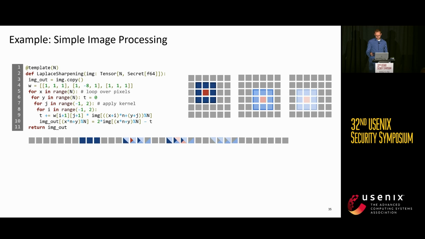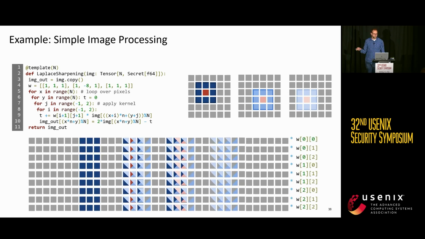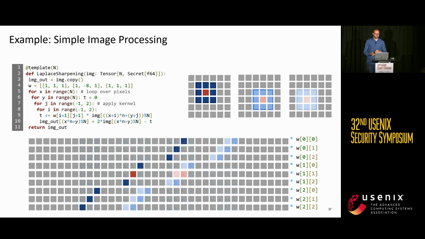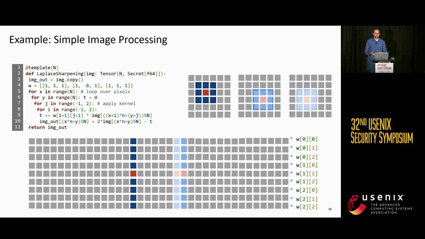Okay, for a single iteration, 9 pixels multiplied by a weight, right? And now, how do we select which one is which? Well, we can sort of see that the relative offsets of the kernel pixels are similar across iterations. And if we select them just right, we end up with the pattern that we can then carefully rotate in a way that allows us to tackle not just one iteration, but in fact, all iterations at the same time. And that gives us an FHE program that doesn't require 9 times n squared rotations, but just 9 rotations. And that's assuming the ciphertext is large enough to hold the entire image.